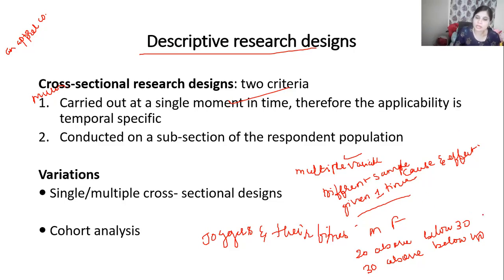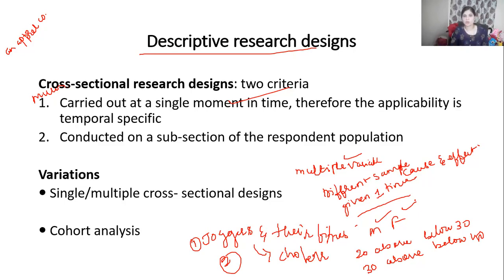And also here, joggers and their fitness, and I can also study joggers with their cholesterol level. Okay, so two variables. First I'll do research with this, and second I'll do research with this. First research I'll do with male, and second research I want to do with male. Then I'm changing the combination like that.